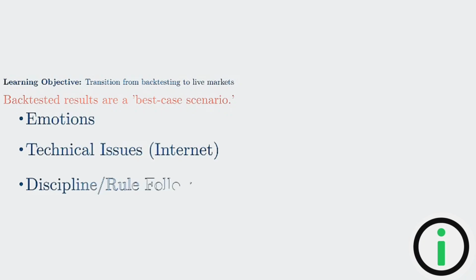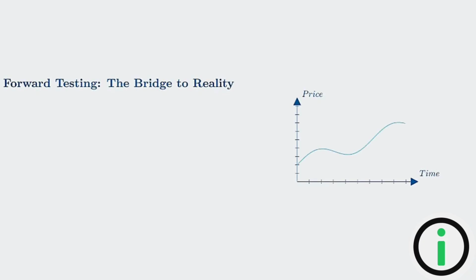Once your backtest shows a positive expectancy, you might feel ready to jump in with your life savings. Stop. Backtests don't account for your emotions, your internet connection, or your ability to actually follow the rules when real money is on the line. Forward testing, or paper trading, is where you trade in real time using a demo account. This is crucial because it introduces the element of time. In a backtest, you can click through a month of data in 5 minutes. In forward testing, you have to wait hours or days for your setup to form. This tests your patience, not just your logic.